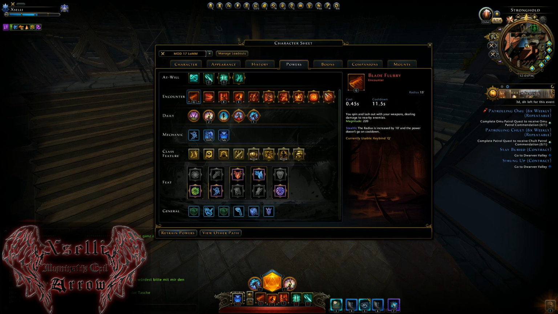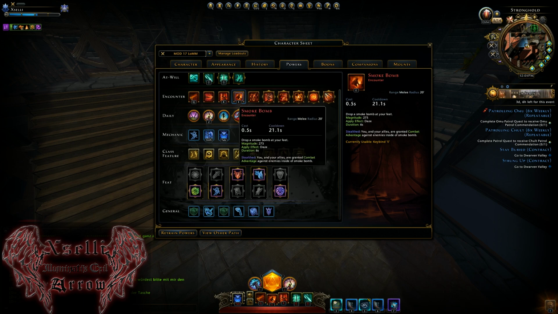So you also could use Bloody Fury in stealth, then your daily, then again Bloody Fury in stealth, and then Bloody Fury in normal, if the enemies have that much life. Then Path of Blades, it's just dealing a lot of damage, and you don't have anything else that's really good, so you use it. And Smoke Bomb, it's also doing damage,